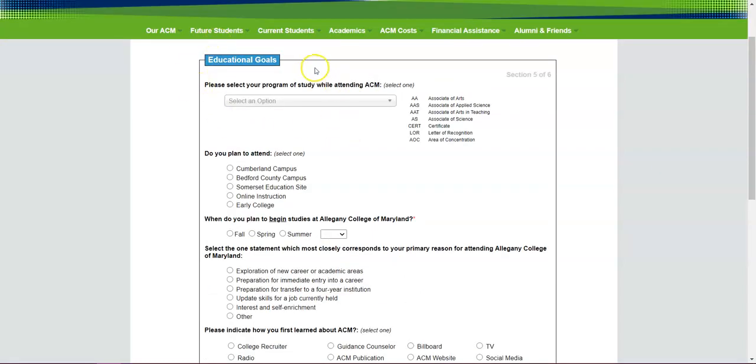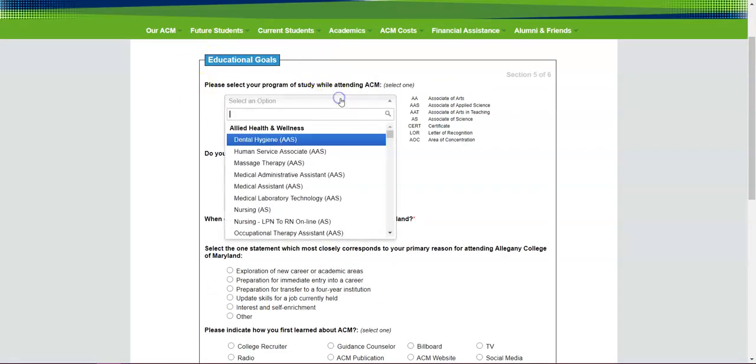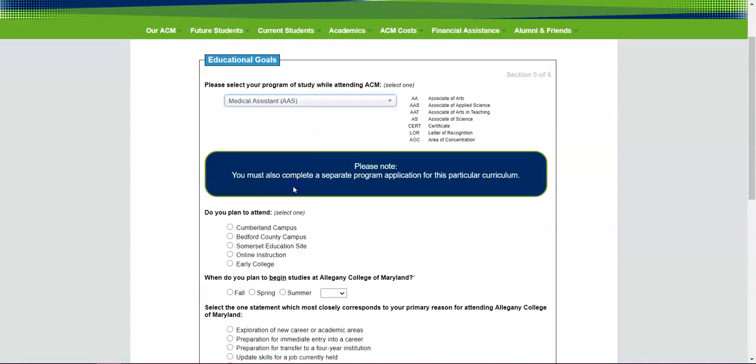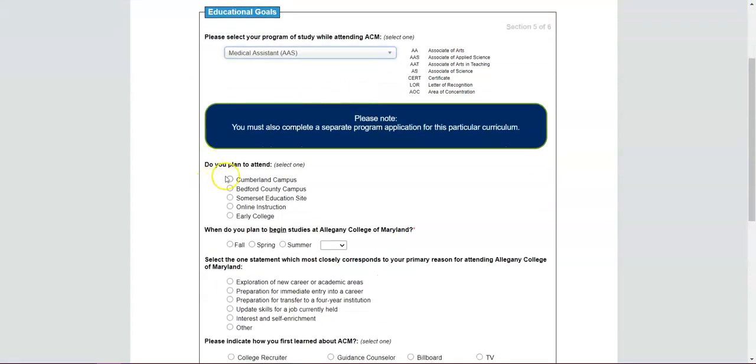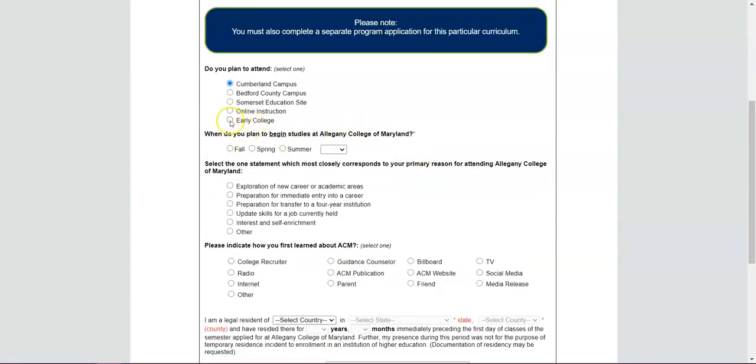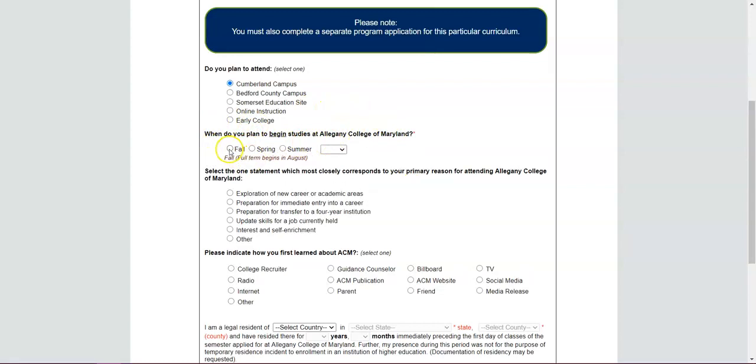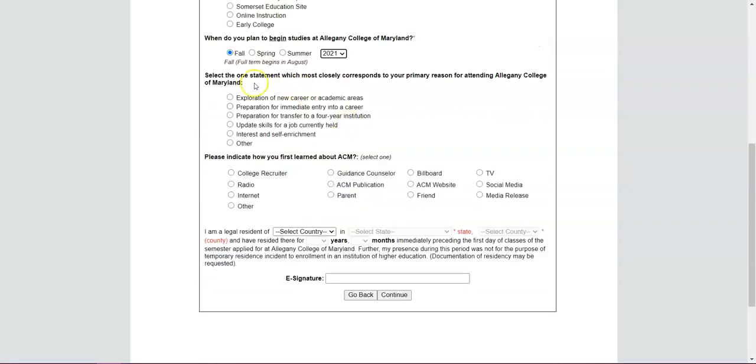Here you select your program of study or your major while you're at ACM. Which campus you're planning to attend, when you plan to start taking classes at ACM, why you're going to attend college,